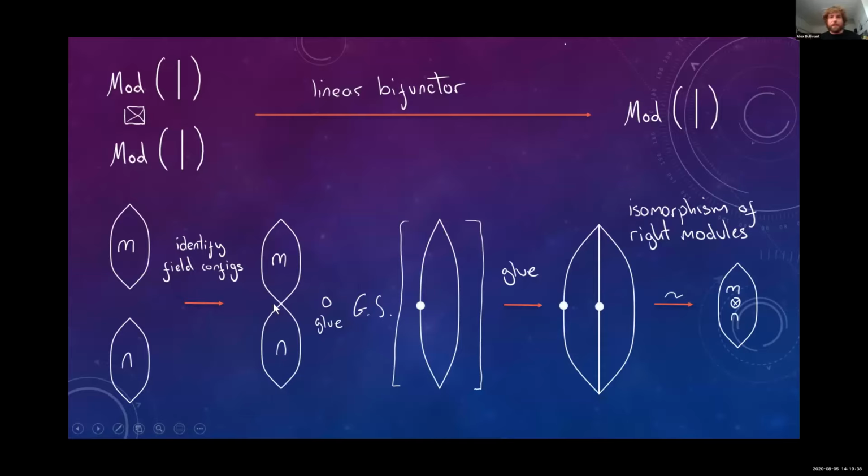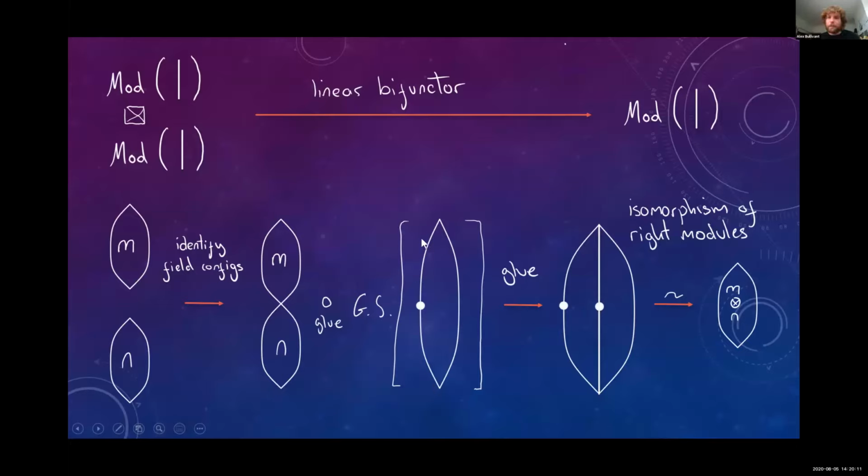If these field configurations don't match, then I map this to the zero module, the module defined by the zero vector space. Now, when I glue these together, this isn't canonically a right module for the bigon. If anything, it's not even a manifold in the classical sense, because we have this pinching at the point. And so in order to define a right module out of this data, we make the following observation. If I'm given the ground state subspace of the bigon, but here the left edge is created out